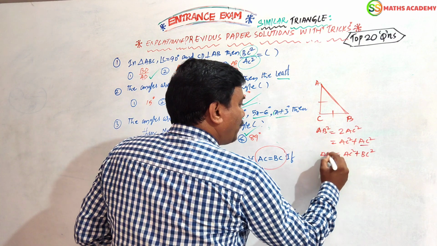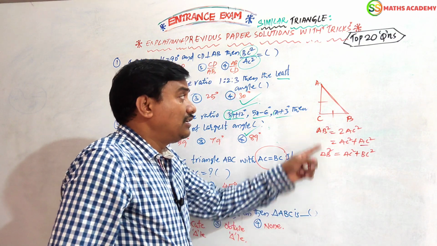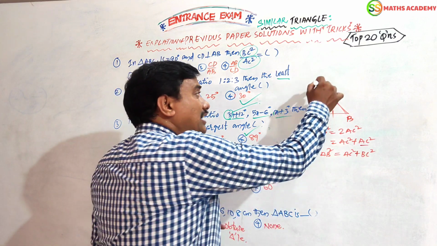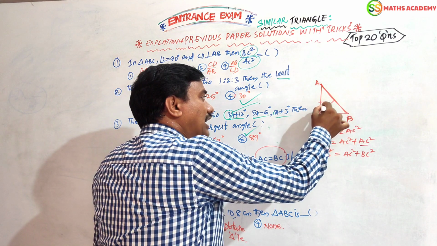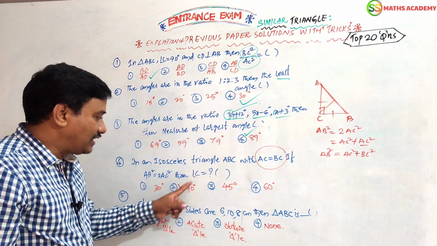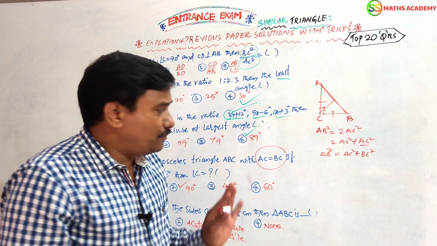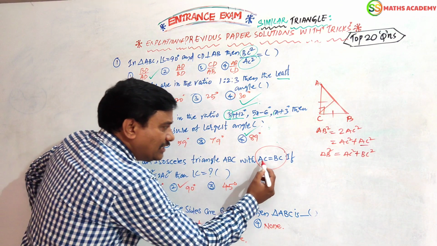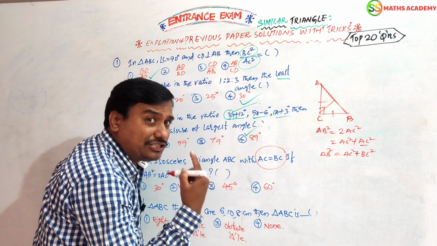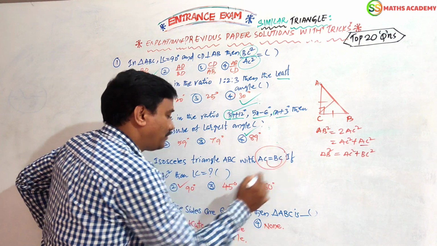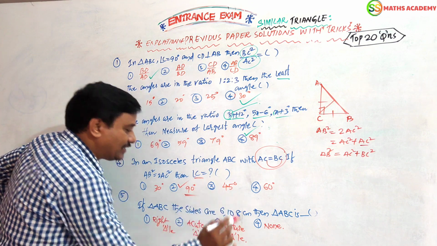So, according to the Pythagoras theorem, the square of the hypotenuse is equal to the sum of the squares of the other two sides, meaning the point opposite of the longest side, the angle will be 90 degrees. So, C is 90. Angle C equals 90. Friends, by seeing the question, you can write the answer. The way is, you see, in this AC, BC, which letter is more times? C is more times. So that is the 90 degrees.